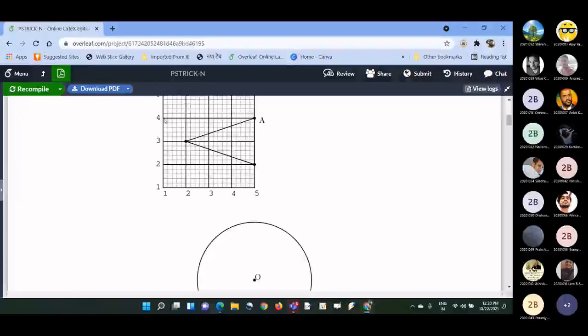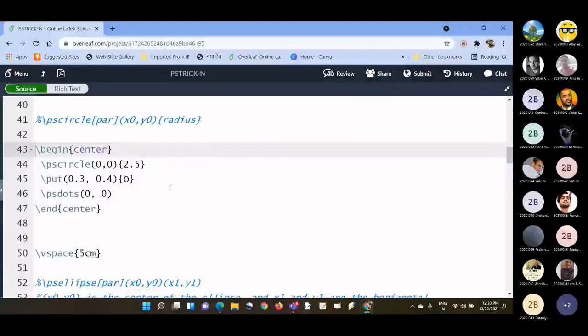This is left and above, this is right and above, this is bottom and left, and this is bottom and right. In this way you can relocate.